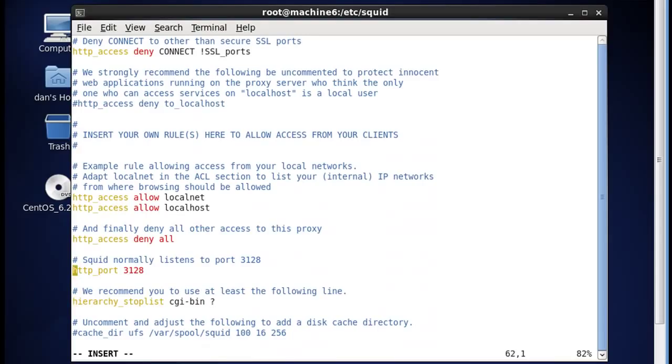HTTP port, and you can see here it says Squid normally listens on port 3128. So http_port 3128, and then right here this is where you would put transparent, but with the new version of Squid we need to type in the word intercept. All right, so now that we've typed in intercept,